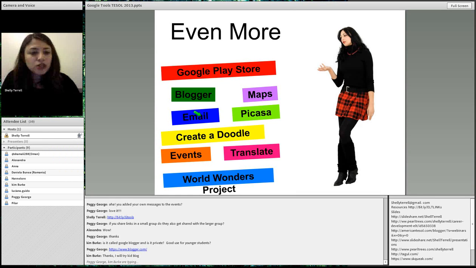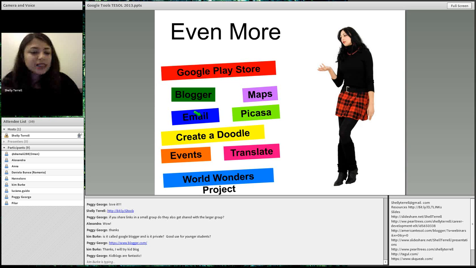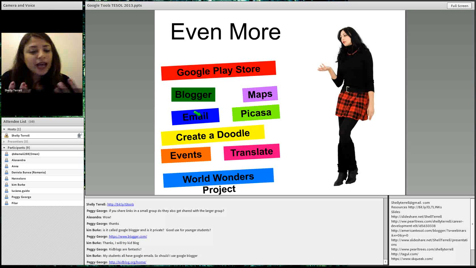But if you're using Google Apps, then it would make sense that they have a Google email. Well, actually, that's not true. You can get on with Google Apps for Education. Now, Google Apps for Education is where your whole school gets integrated with Google Apps. And once that happens, then you don't necessarily need Google emails to use all of this. So if your students do have all Google emails, then yeah, that's a good point, Kim, that you can use Google Blogger. You can use all the Google apps and the tools. So then that makes it easy.